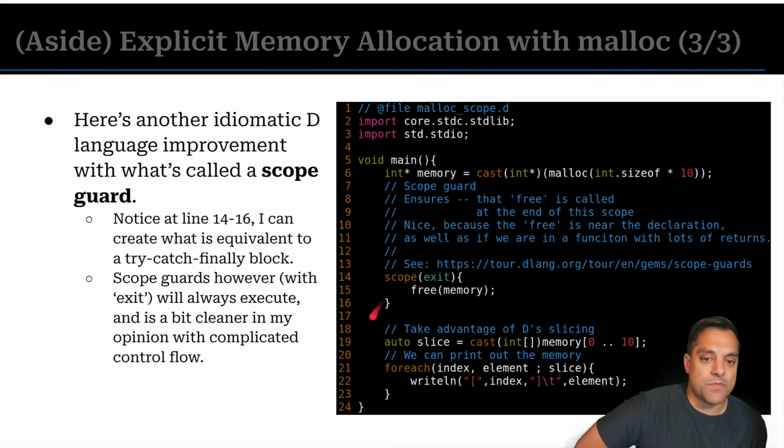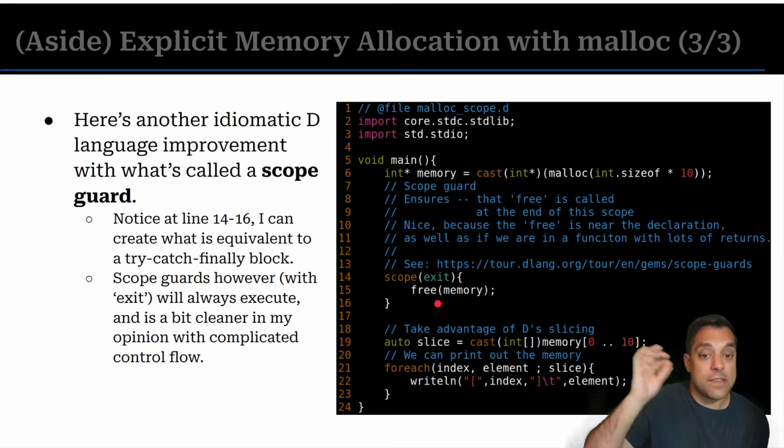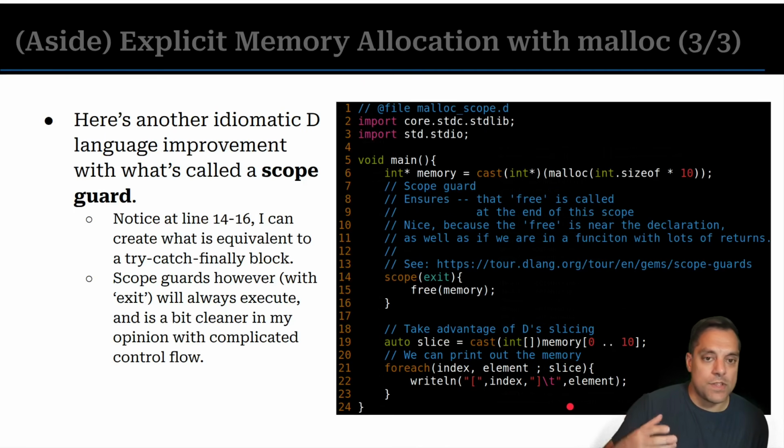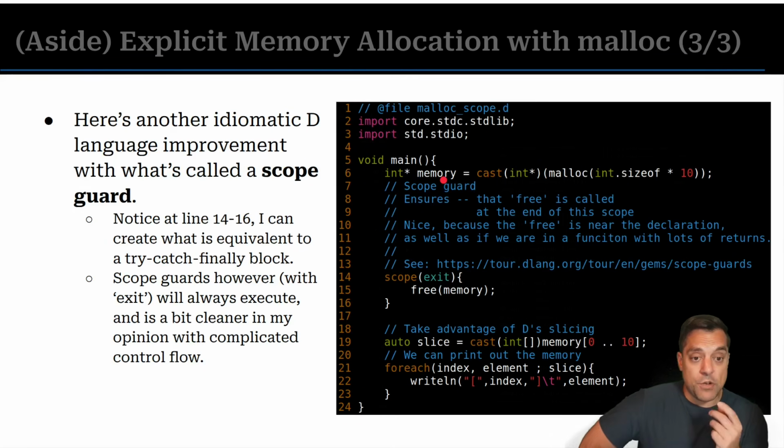Versus if I put this free statement down at line 24, okay? So that the code that I write, the context is kind of kept. Here's what I'm allocating. I need this chunk of memory, and then I want to make sure I free it. I don't care really when, but I definitely want it within the scope here. That way, I can just write my neat code that's using memory without cluttering it up, so to speak, or having these two things that should go together be out of context.